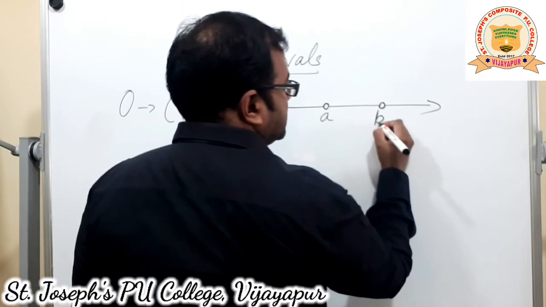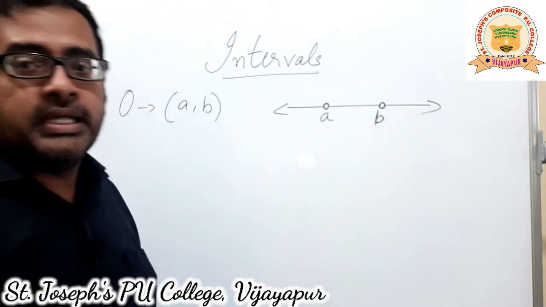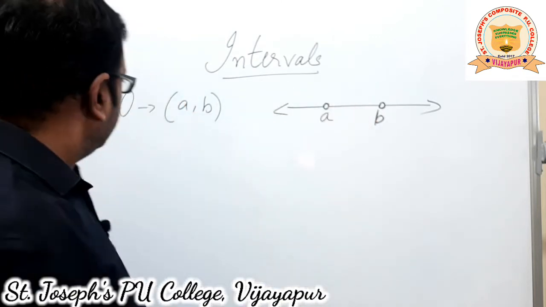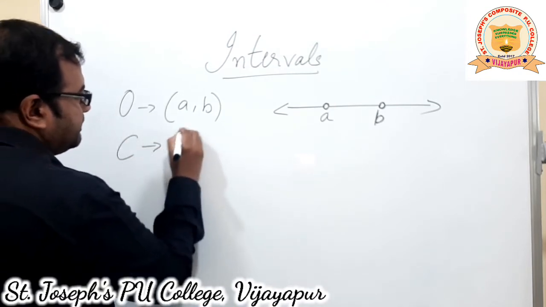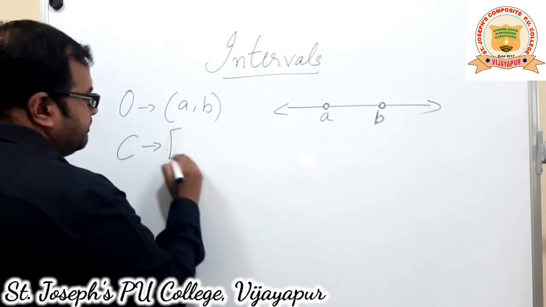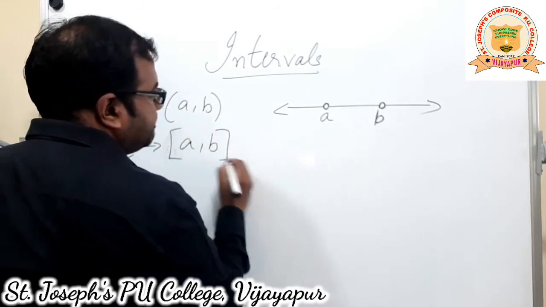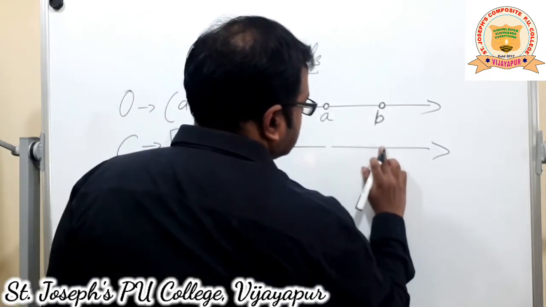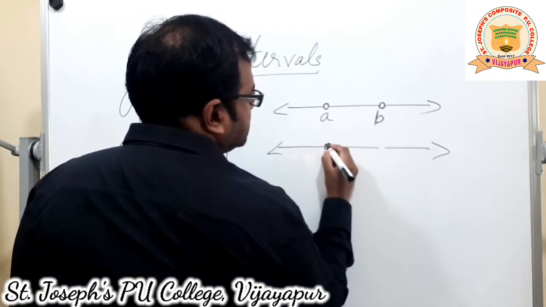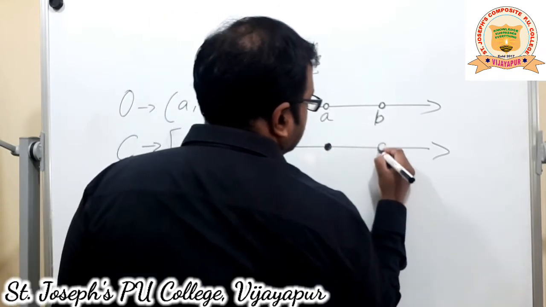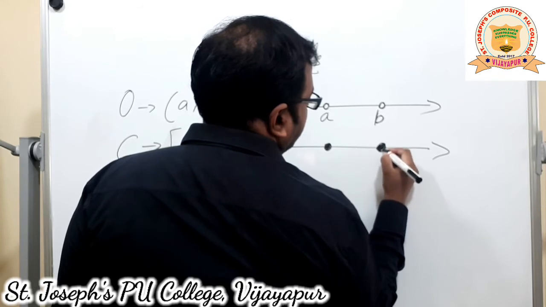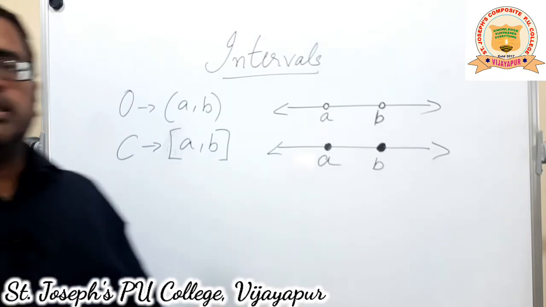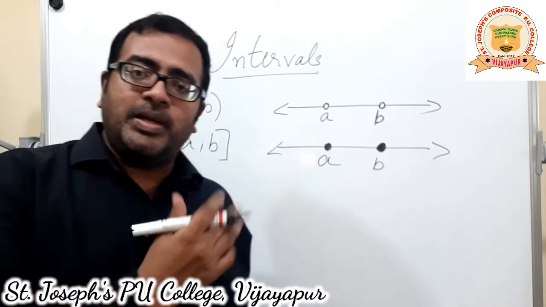A and B. These are the 2 points. It indicates it is an open interval because we have shown 2 small dots which are empty inside. And in case you are talking about closed interval, [a, b], in this case, if this is A and this is B, point A, we darken that small circle inside here. So you should be very careful when you do this, because this is such a minute detail that many people go wrong with this.